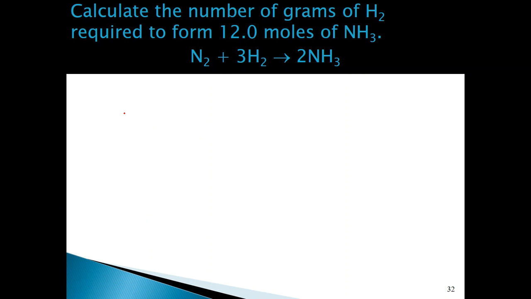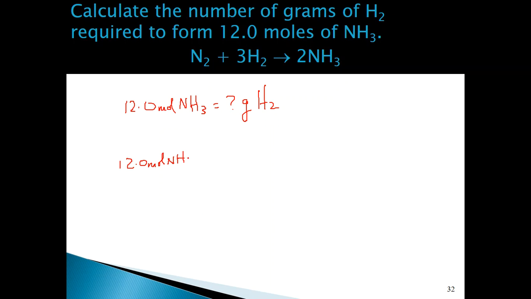So they gave you 12.0 moles of ammonia, and you are to convert this to equivalent mass of H2. Alright, so the first thing I would do is start off with what we were given, 12.0 moles of ammonia,